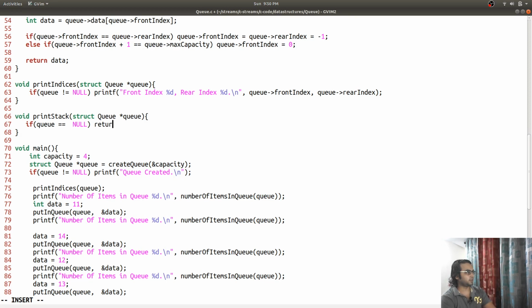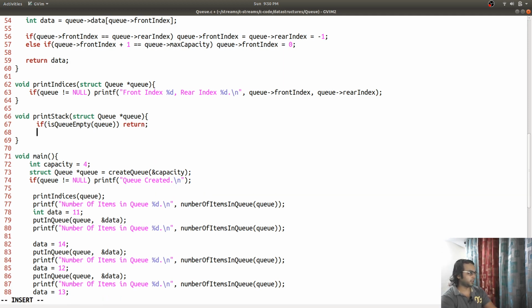Return if isQueueEmpty, then return, otherwise int